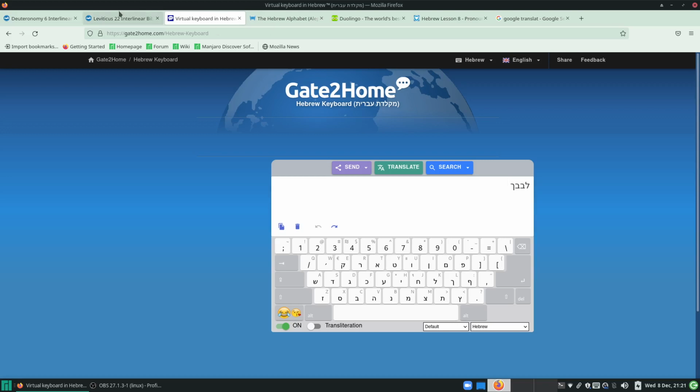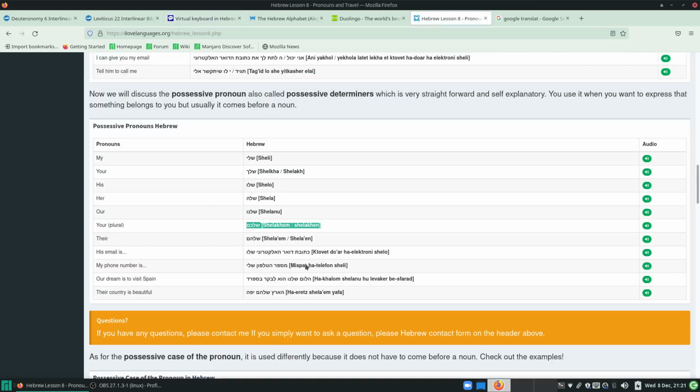Where do we see this chem, Kapf mem ending, at the end, the shelachem? Okay, shelachem, this is the plural you, which can be used for masculine plural you, or mixed gender plural you. If it's like this, shelachem, it means plural you in a female gender. So that's something to take note of.